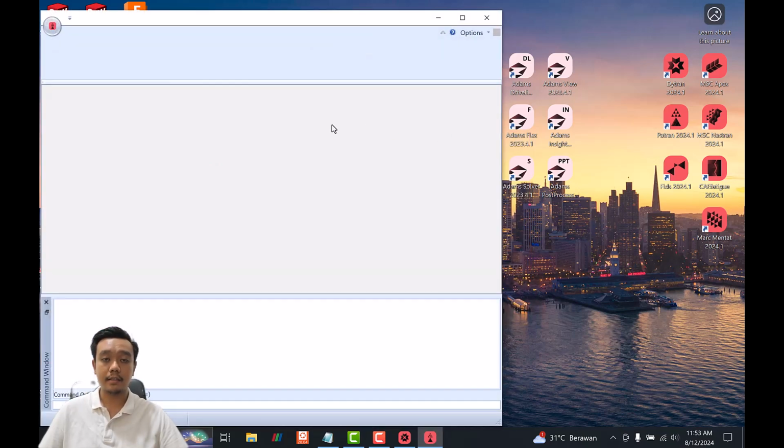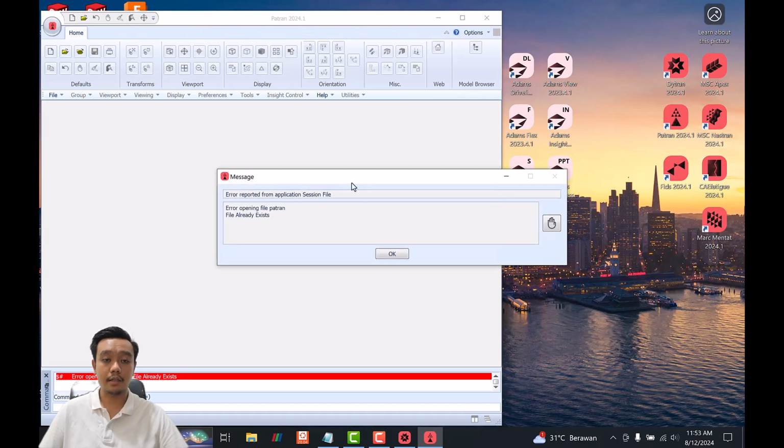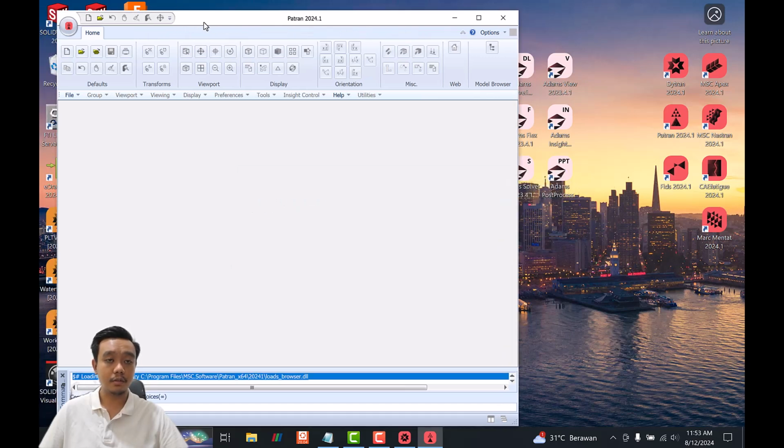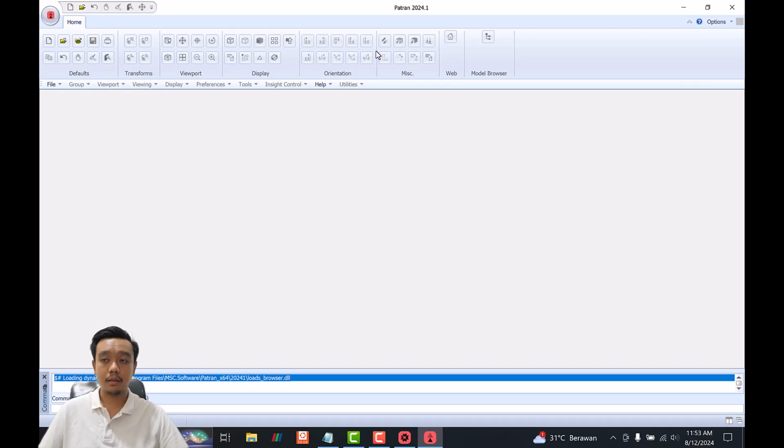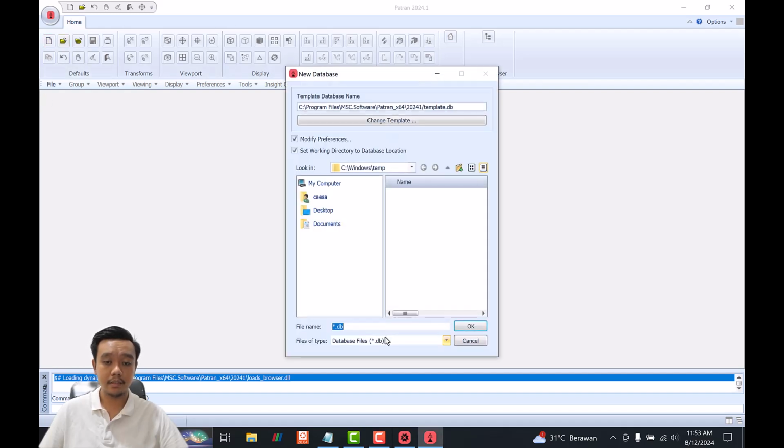Patran and Dytran are parts of Hexagon now, so they are easily compatible with each other from the editing and anything else. So let's just start. Just open Patran and we make a new database and save it on your computer. Let's say I want to save it here,